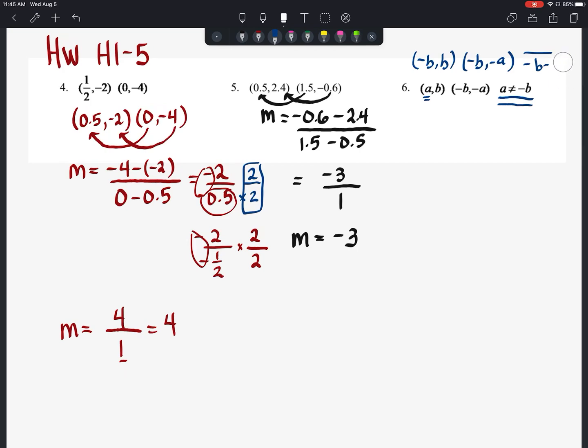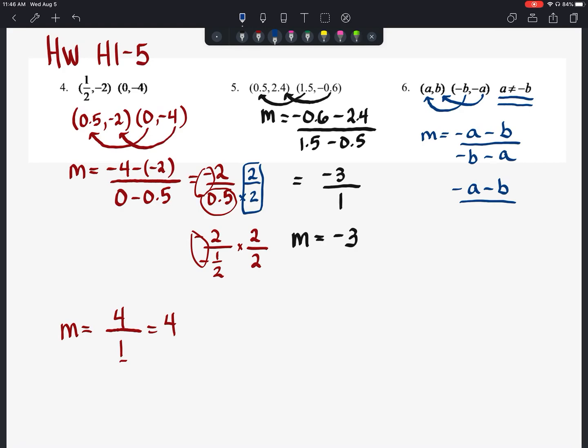So really what we're going to do here is not substitute in. They're telling us that A cannot equal negative B. So we're going to take it here and just set it up and do it the same way. Let's do negative A minus B on the top. And then we're going to do negative B minus A on the bottom. Now we can't combine like terms, but we can look to try to simplify here, or write it in a way that will help us to simplify. So if I have a negative A minus B on the top,